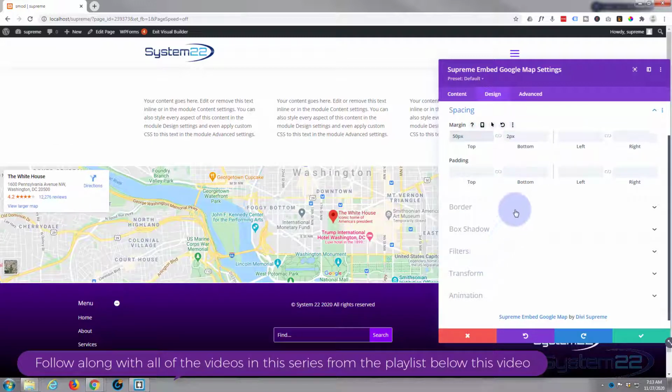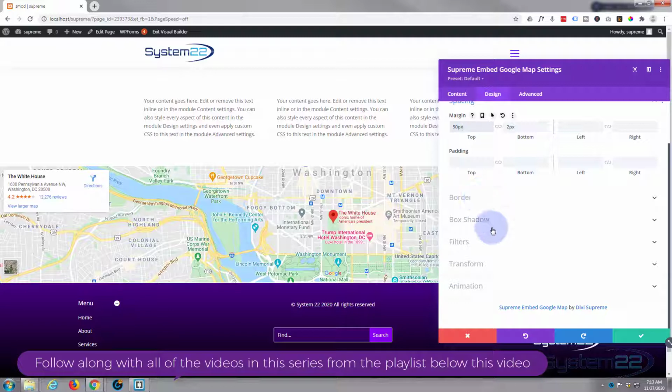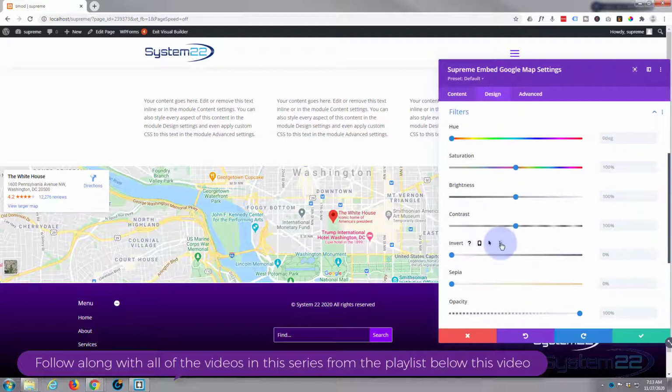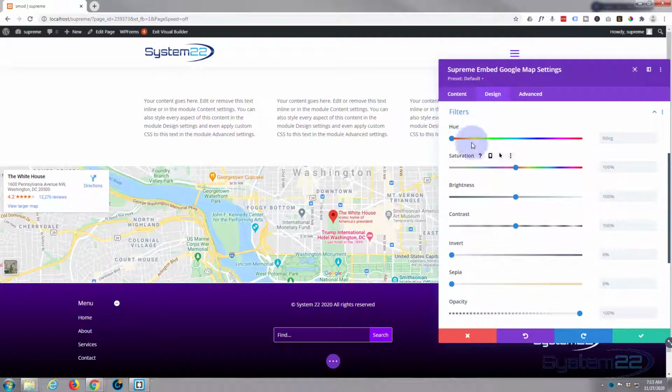There's a bit more space there. Don't want a border. Don't really want a box shadow because it's right on our bottom bar there. But I am going to go into the filters. And when we initially look at it, I want it to be black and white. So let's go down to saturation. I'm in the filters on the design tab. I'm going to take the saturation all the way down to the left hand side, which will make it black